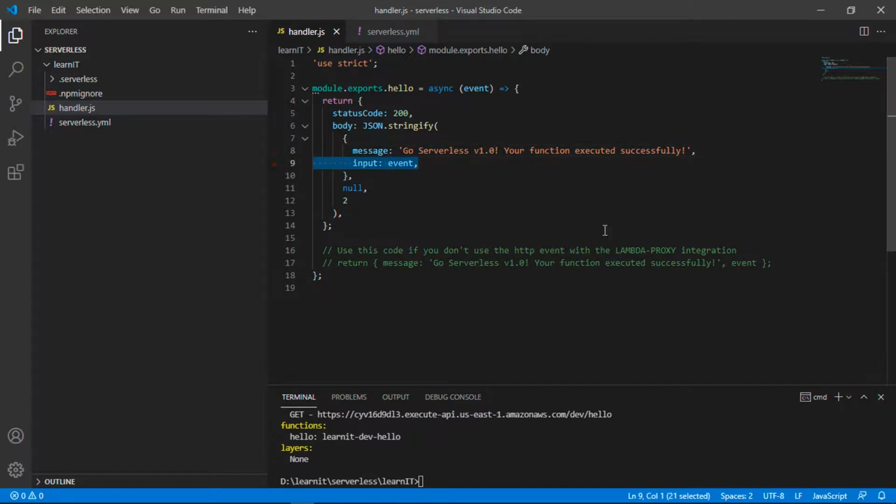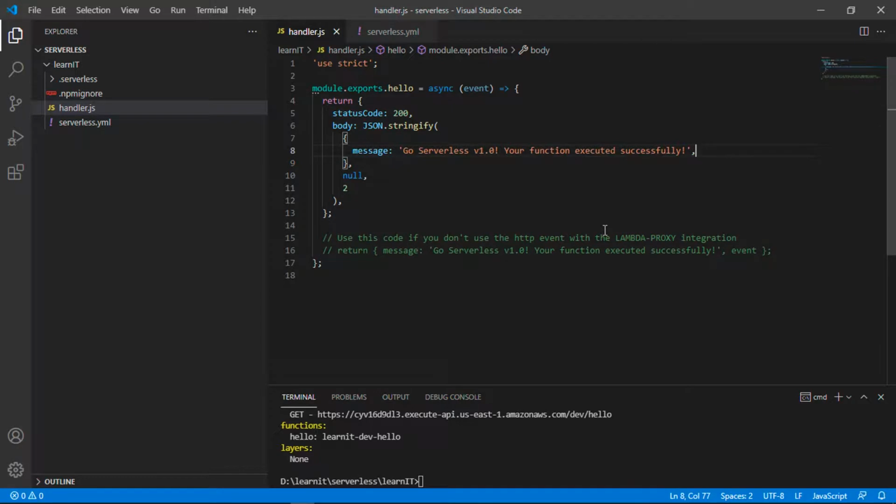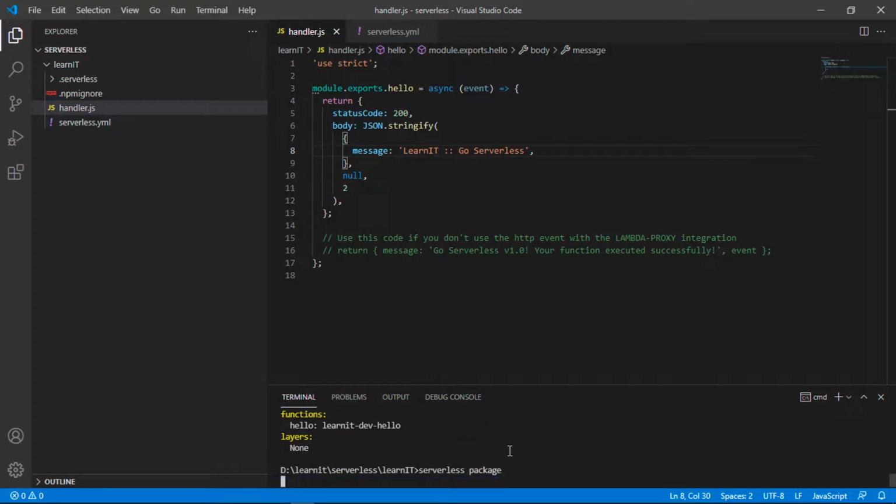I just want to update the response, and I have removed the event information that we were returning earlier, and I am also updating the message: learn IT go serverless, and it is auto save. Now let's package it again and deploy it again and validate the changes.